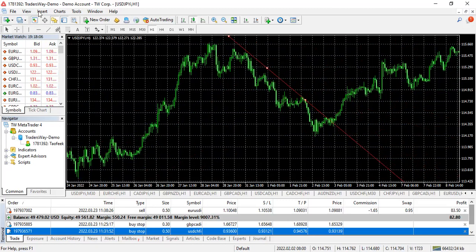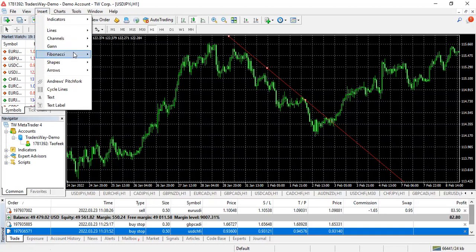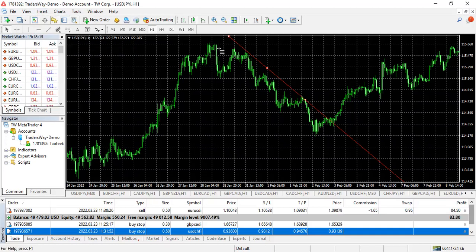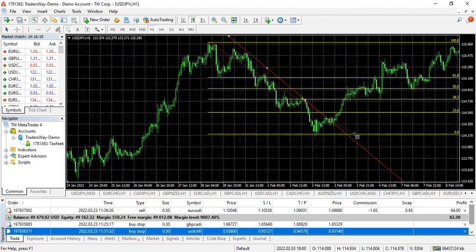So let me draw my Fibonacci. Come to inserts, then come to Fibonacci retracement. Then I drag it from the highest swing high to the lowest. And this is my lowest here. This is my lowest. So the moment the market hits this point, can you see, at 61.8,